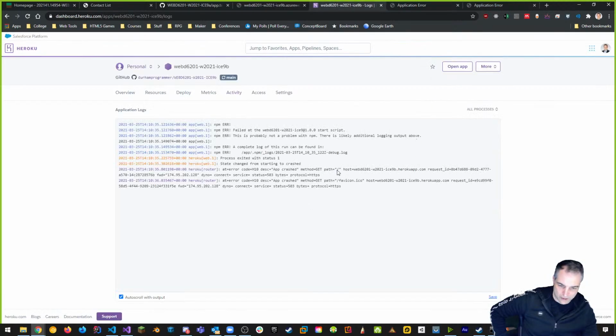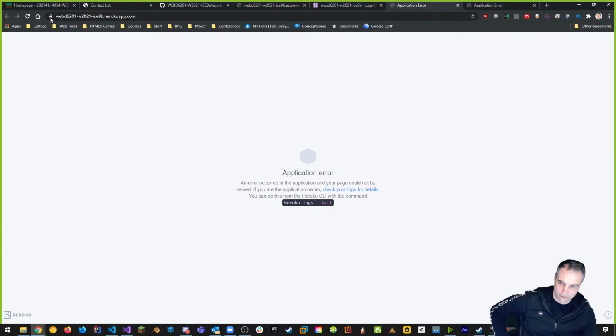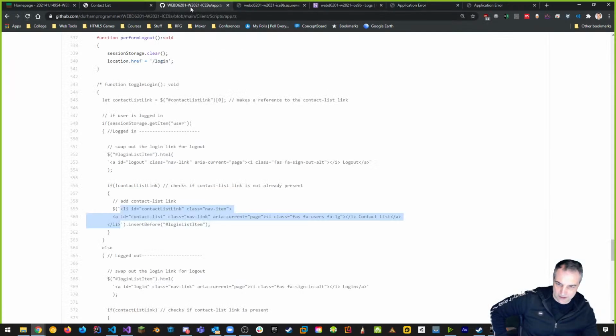If I go to view log, it's telling me this is the error. It says it cannot find this path. That is the error, and the status is 503. 503 is a server error that we're getting because it can't find this path. It's not able to find that path, no matter what I do, right? Even if I refresh the page, and if I go back to the